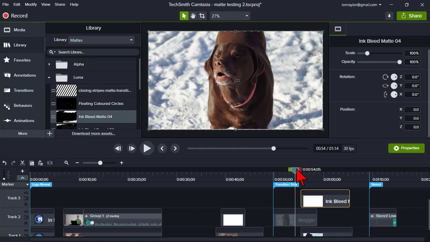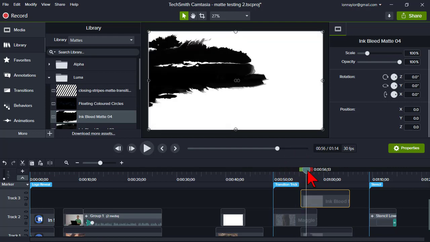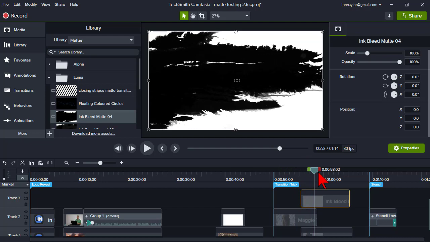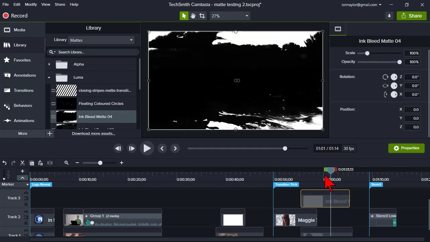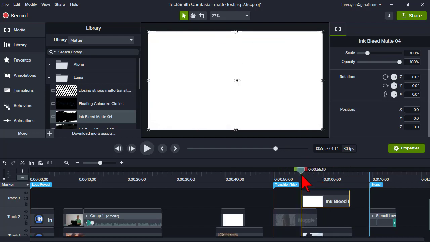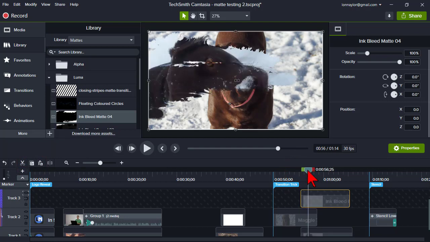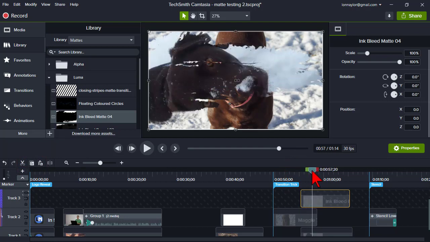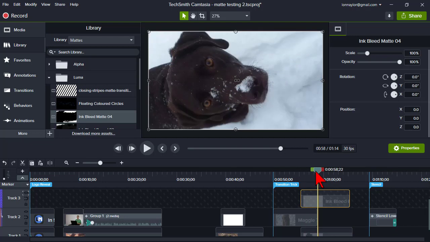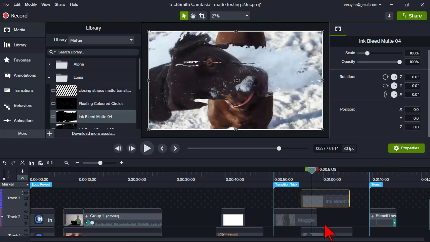So here I have Maggie, and then this is just a video clip. Okay, and what we're going to try to do here is enable this as a track matte. Let's do one called Luminosity and see what happens. So now I can get these really cool transition effects. Let's stretch this out a little bit,